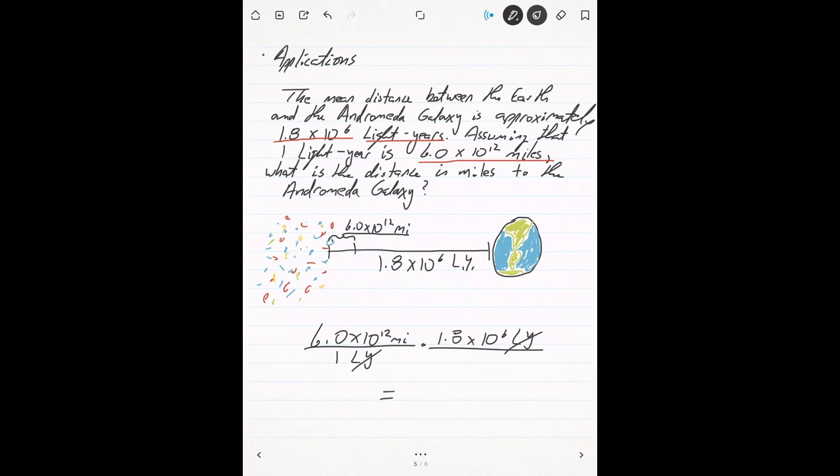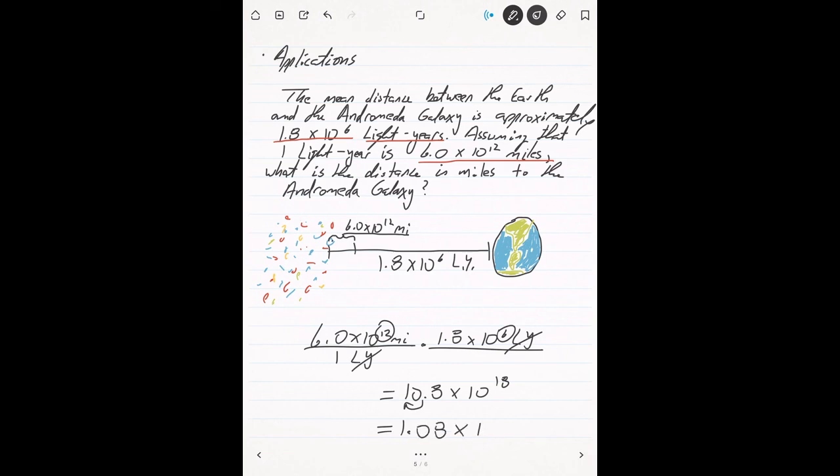Well, let's multiply 6 and 1.8 together. And we'll end up with 10.8. And then let's multiply 10 to the 12th and 10 to the 6th together. We're going to add the 6 and the 12 to make an 18. So we have 10.8 times 10 to the 18th power. But again, this is not in scientific notation. We need to move the decimal place 1 over. So we have